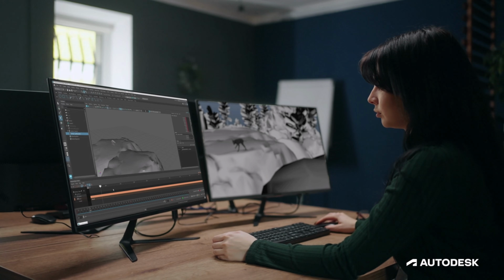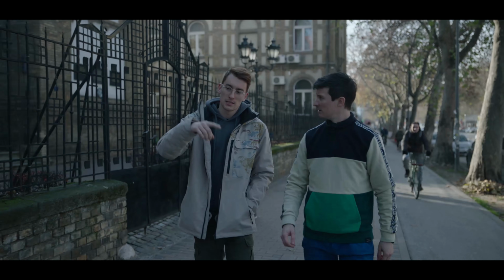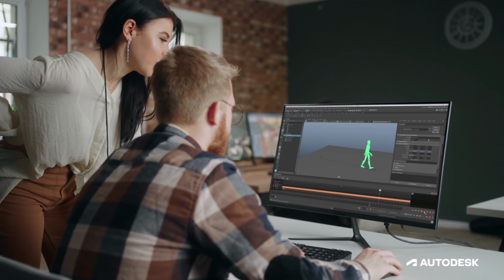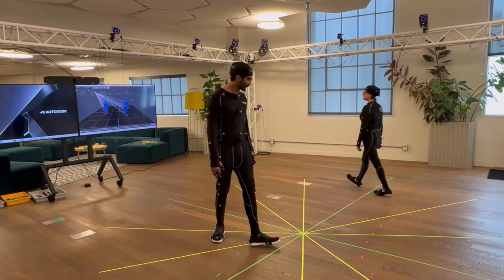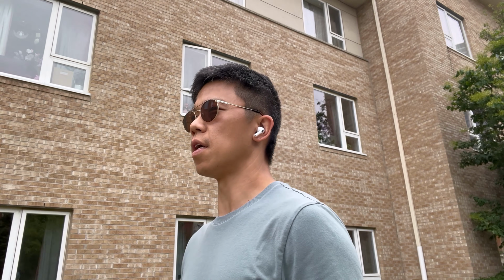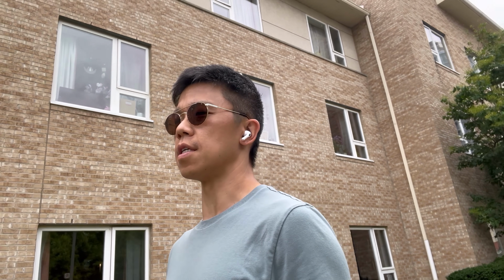What if, instead of doing this, you could make 3D movies just by doing this? Or what if you like doing this, but don't have access to this? Well, what if I told you that you didn't need all that? They could create and export 3D characters just as easily as this.